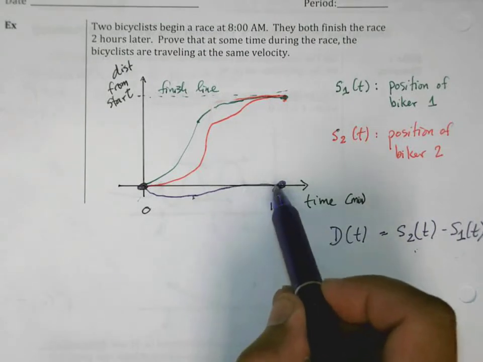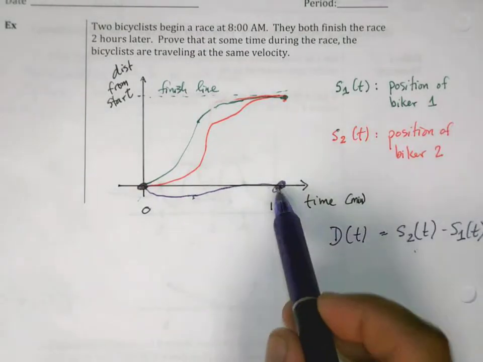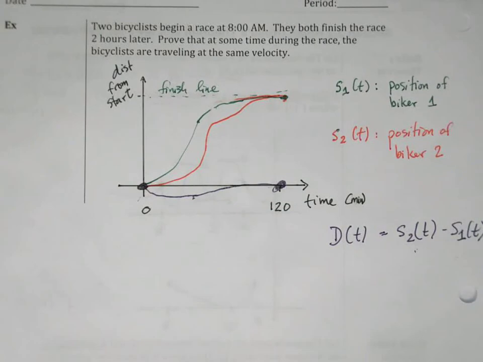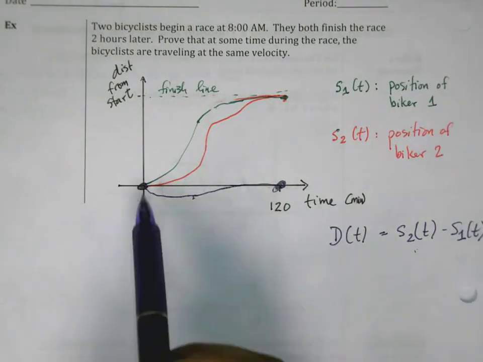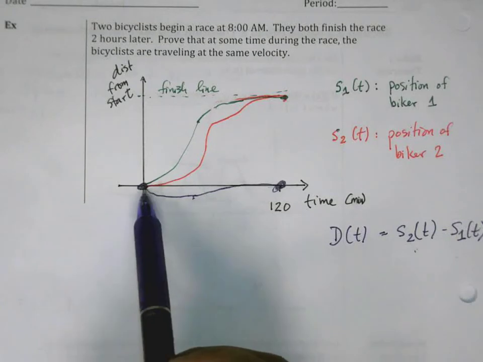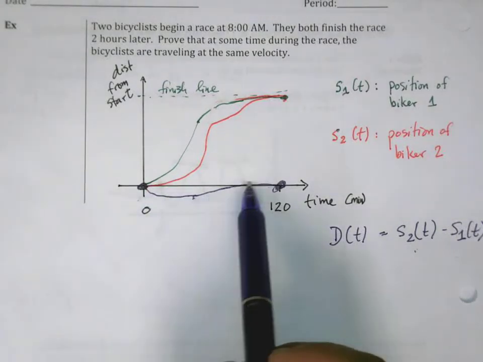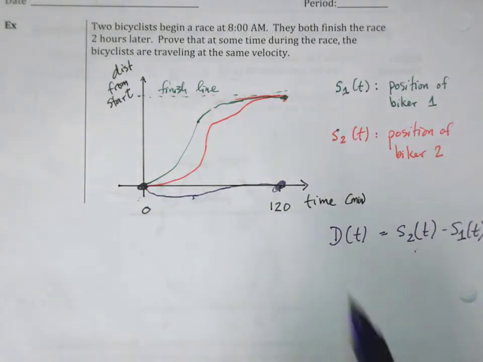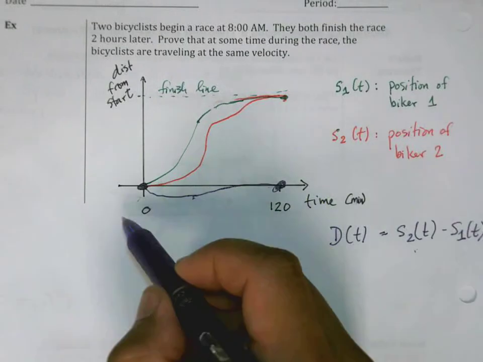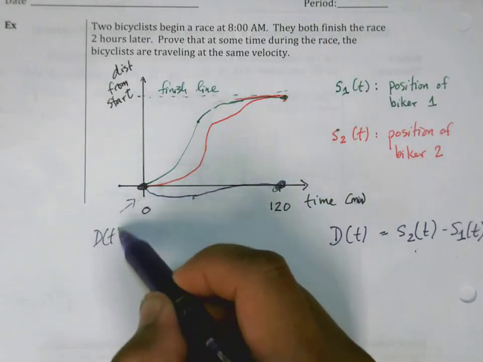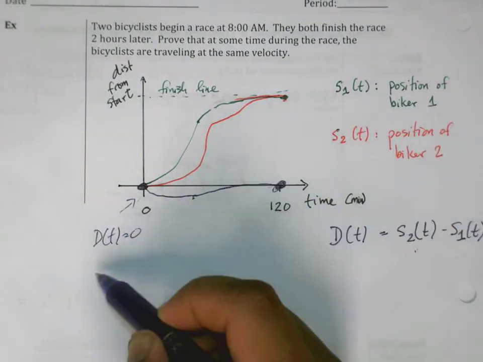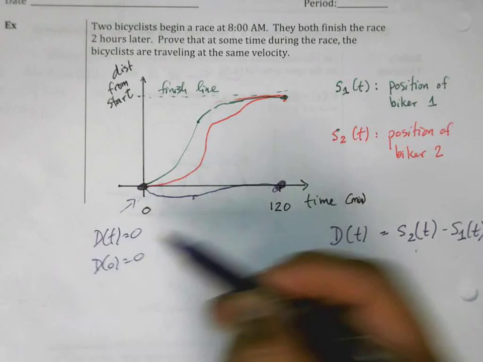Okay, so we don't know very much about what these guys are doing, but we do know that the distance between them is going to look something like that, because biker 2 is trailing most of the way, and then he sort of catches up at the end. Okay, and more importantly, we know that here d of t is equal to 0. In other words, d of 0 is equal to 0,